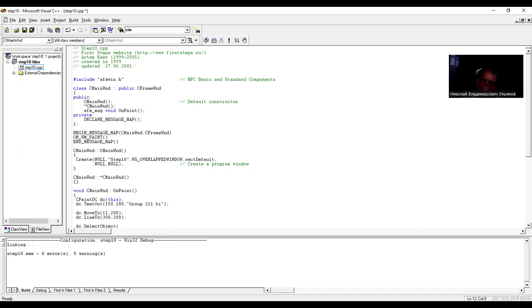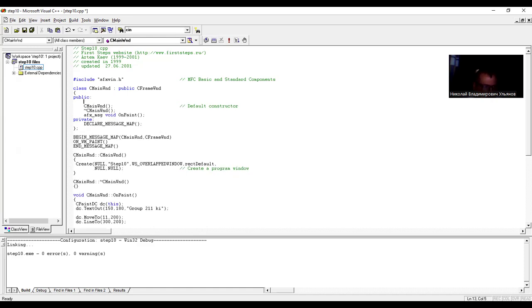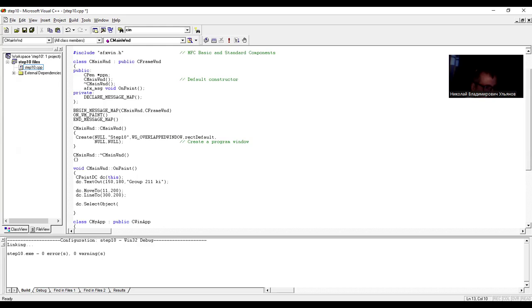So in the class now we have 3 functions and message map. So in public components, let us declare the pointer, the pen pointer ppn, to the class cpen of MFC. Okay, so now it is possible to create